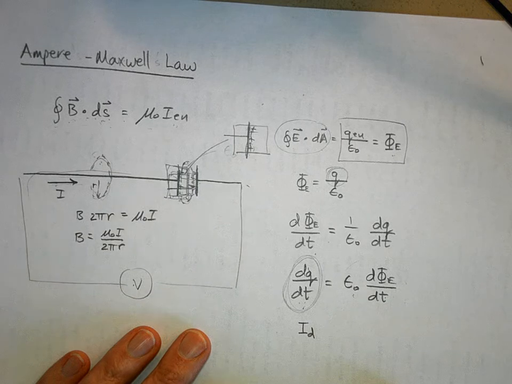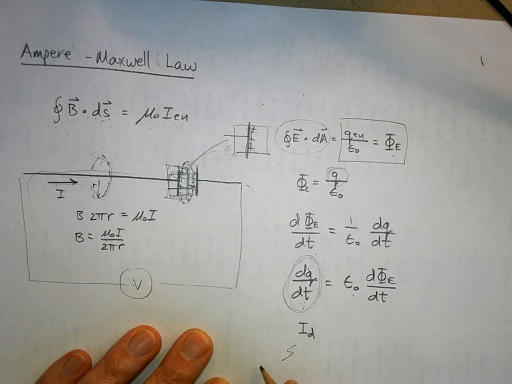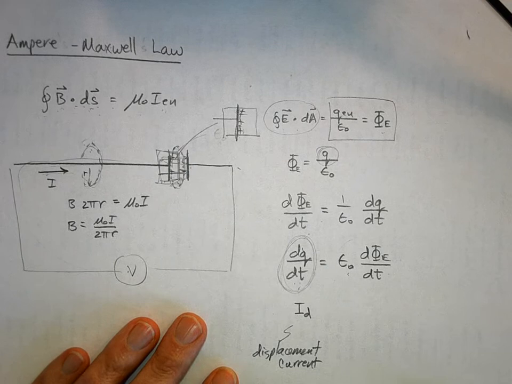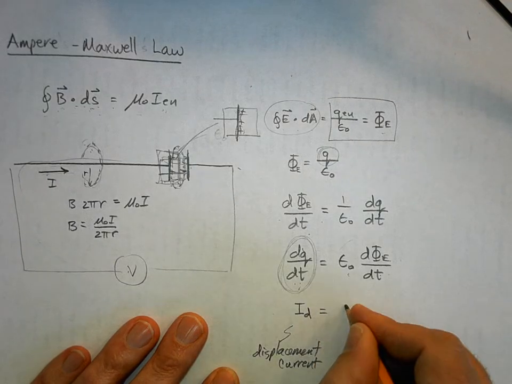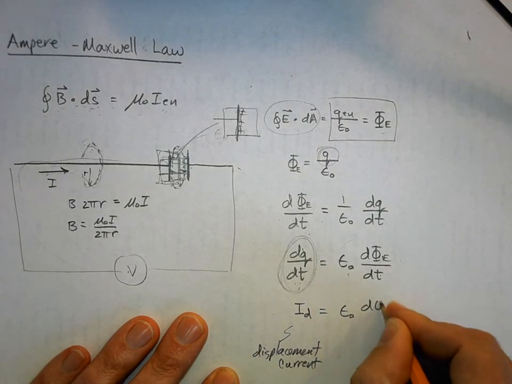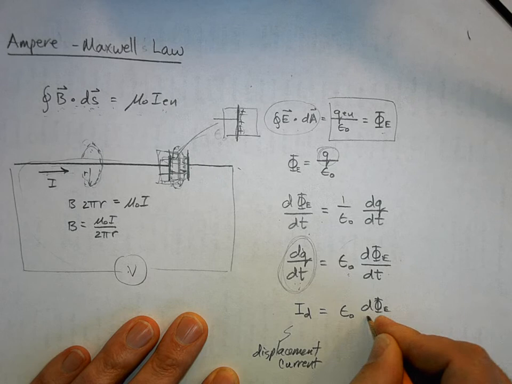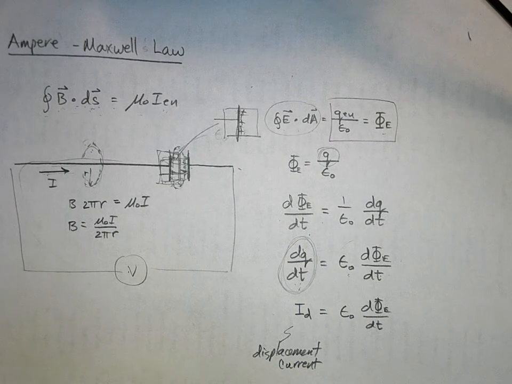It's called displacement current. Displacement current. That's the name of it, and I'm sorry for that name. Is equal to epsilon naught times d phi E dt. But what it says is this: